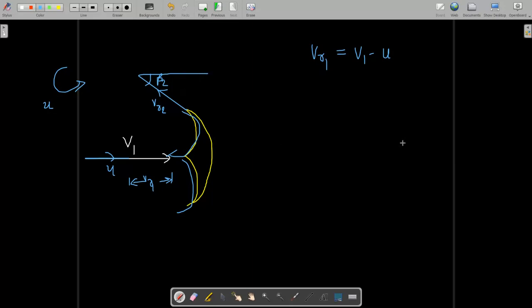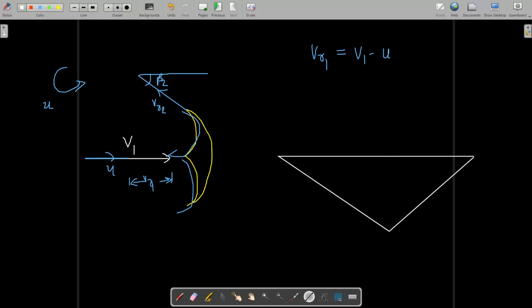Now how would the velocity triangle look? I'm drawing it here again. This is VR2 on a big scale. This is the relative velocity, sorry, the horizontal angle, and this is the absolute velocity, and this is like this. So I'm giving the name VR2. This is beta 2. This is VF2. The VF means velocity of flow.